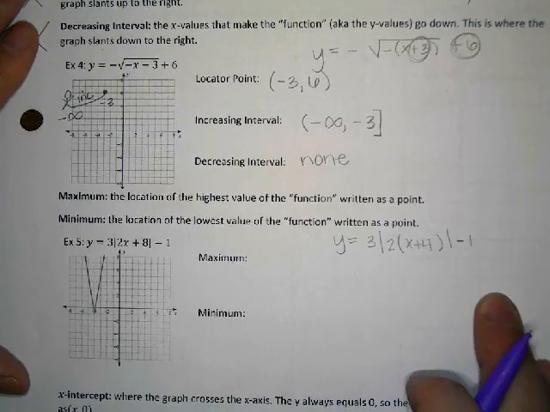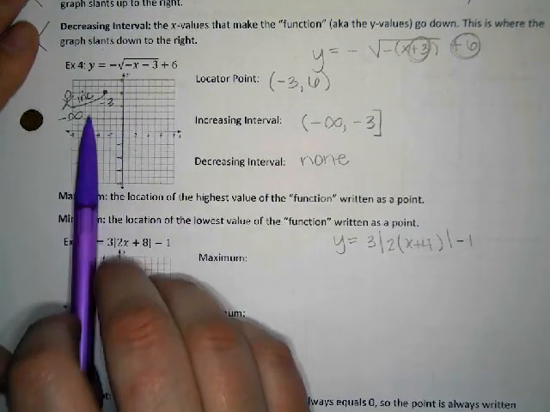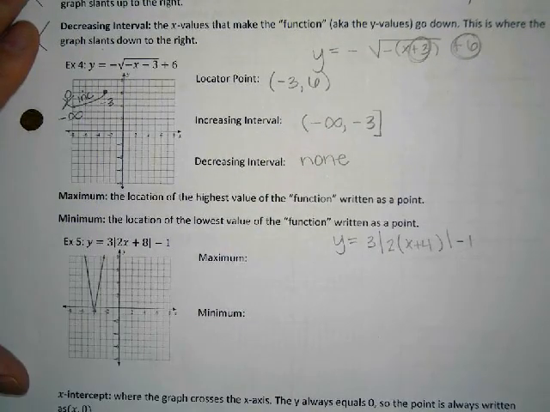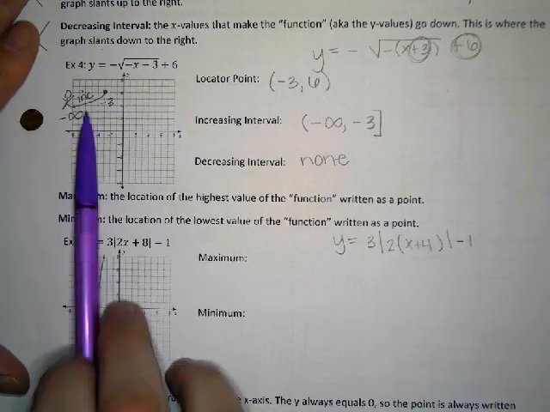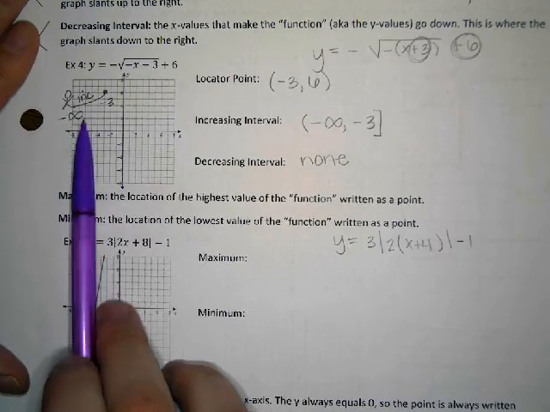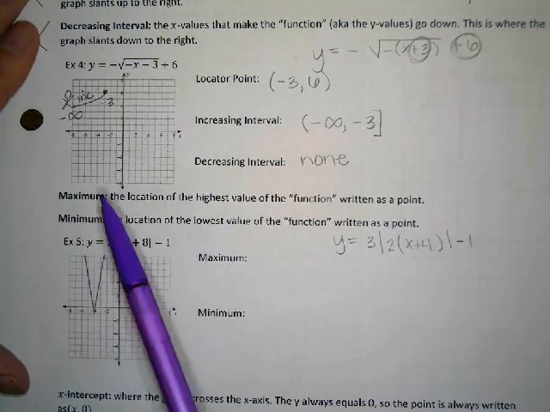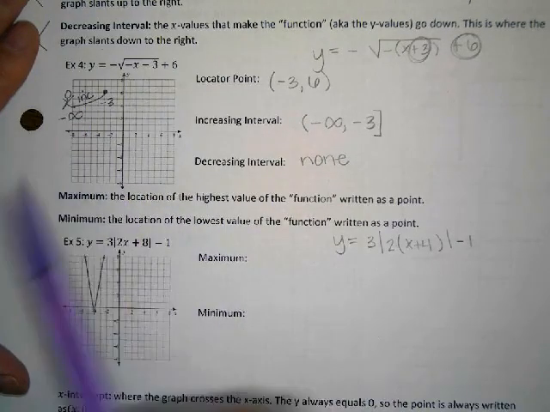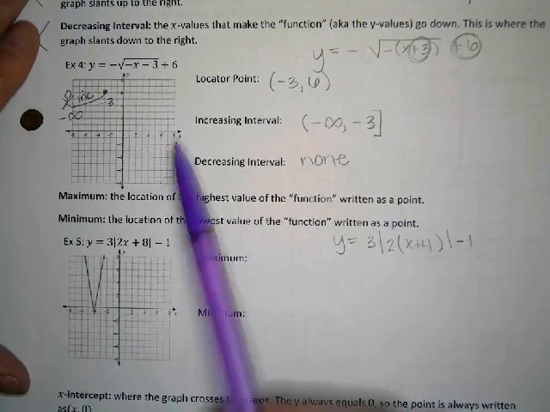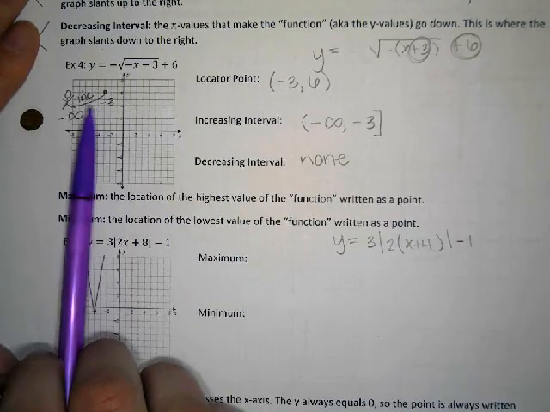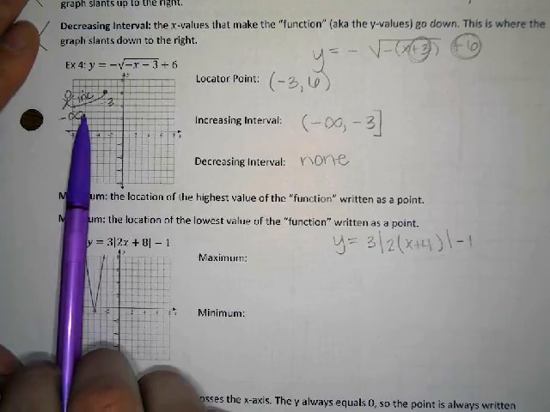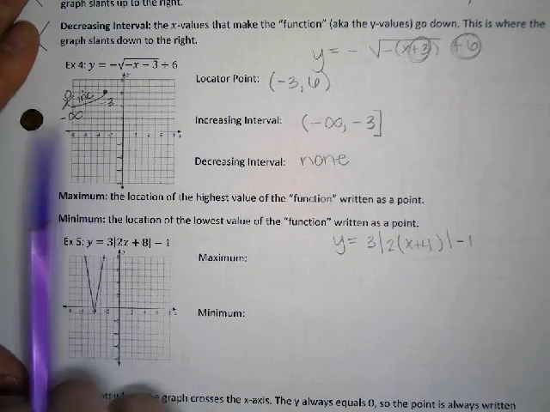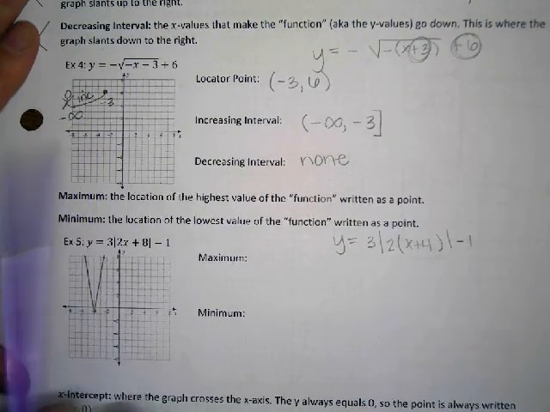So once you've done increasing and decreasing intervals for a while, you might get to the point where you can do them in your head, but typically it's good to draw a picture. And when students ask me for help, it's almost always because they have not drawn a picture and labeled it. So if you need help on this, the first thing I'm going to ask you to do is draw a picture and start putting the labels in. Like put the stick figure in, right where it's uphill, right where it's downhill, and usually students can figure it